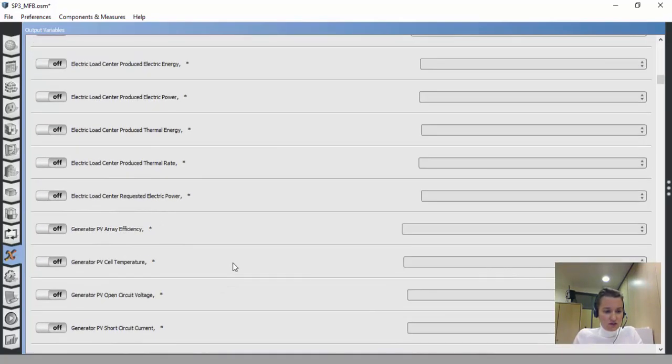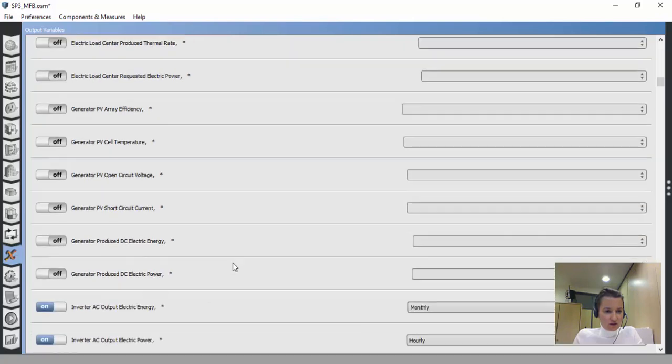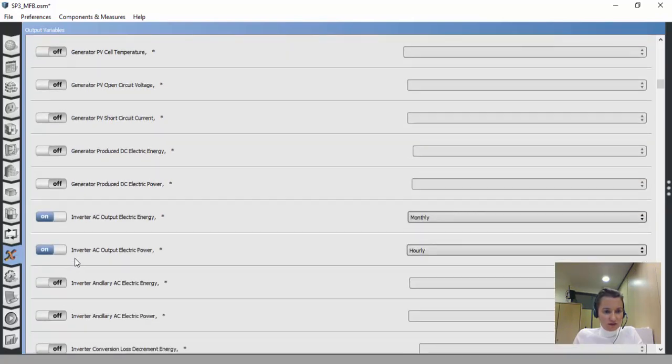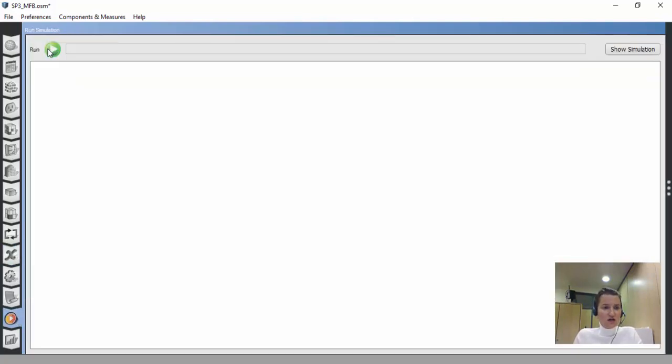This is inverter AC output electric power. We have to ensure that this variable is on in order to check the result. Then we only have to run the model again